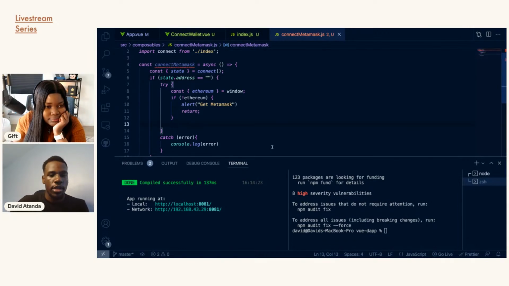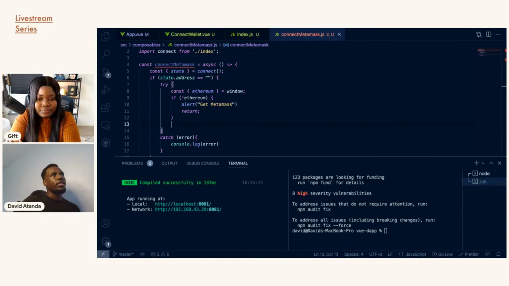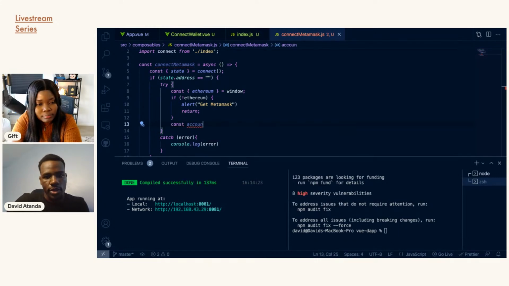So now what we're going to do is use a method called eth request accounts. This method is basically an Ethereum RPC method which MetaMask makes available to us. It's the actual logic that now connects the dapp to MetaMask. So it's going to be const account, which is your wallet account, equals asynchronous